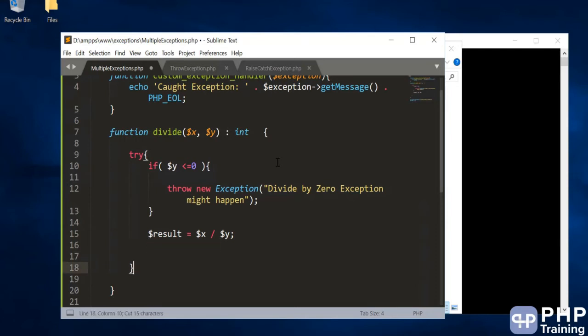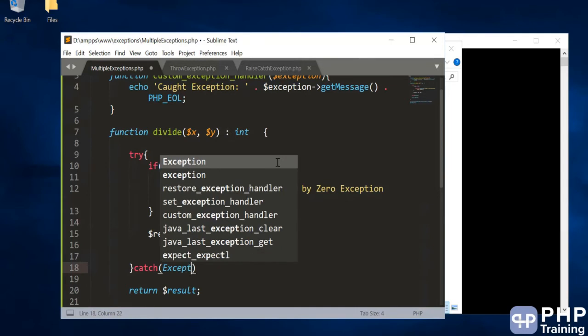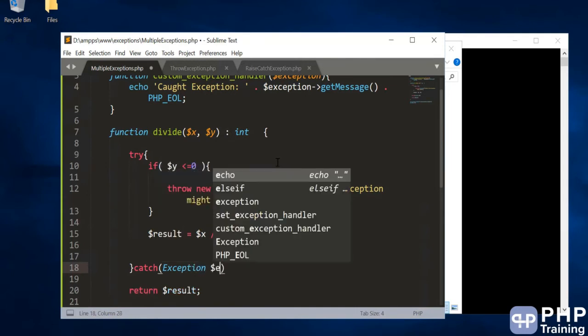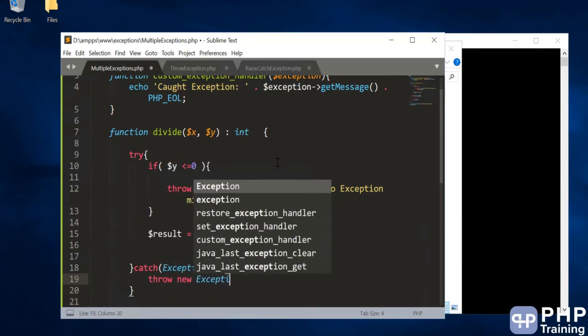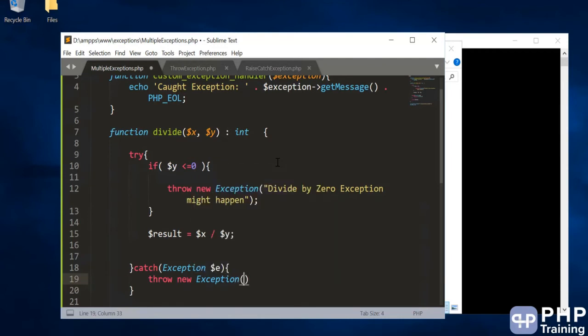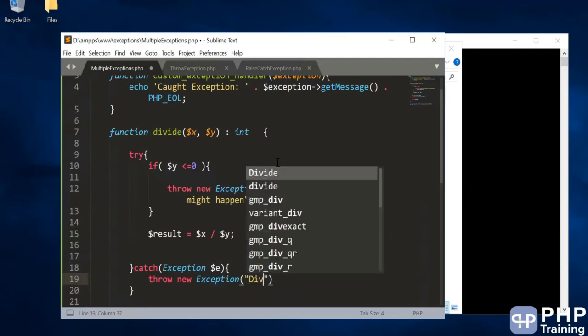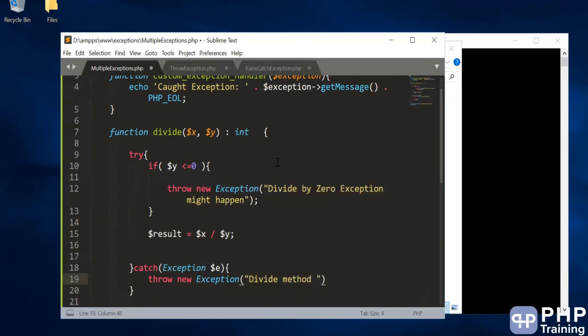I want to put the return at the last. And I want to throw an exception from the catch block. This is the divide method, input parameter is less than 0.